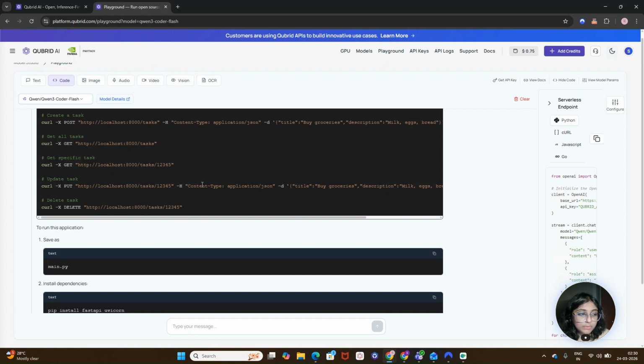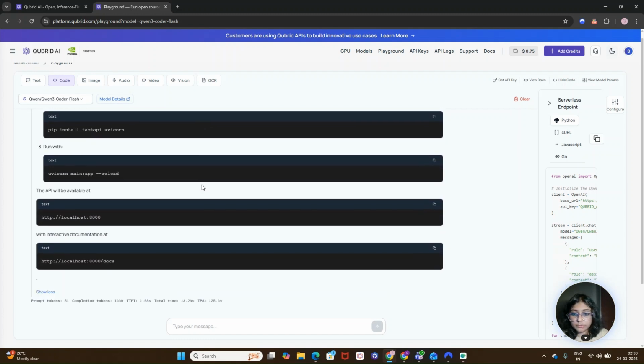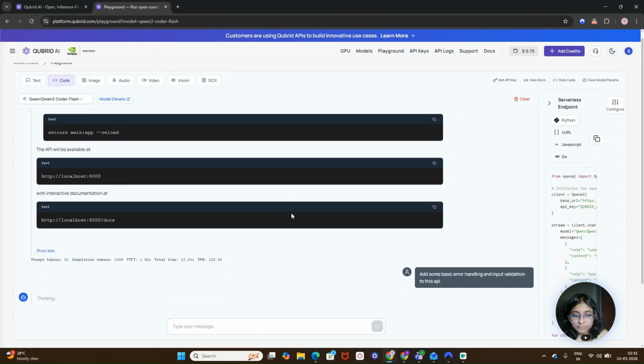So let's go ahead and refine this code a bit. We'll add some basic error handling and input validation to this API.